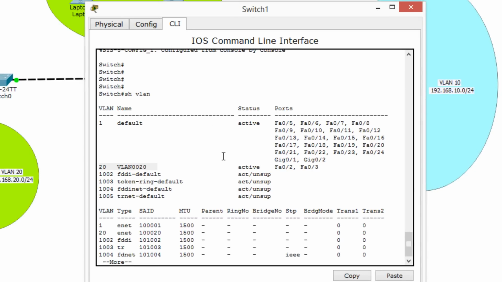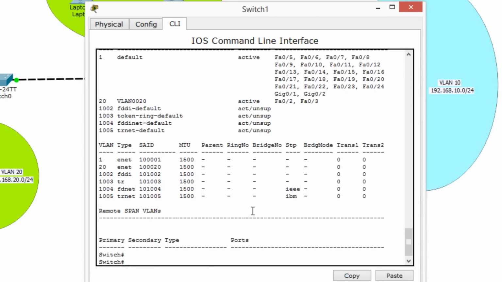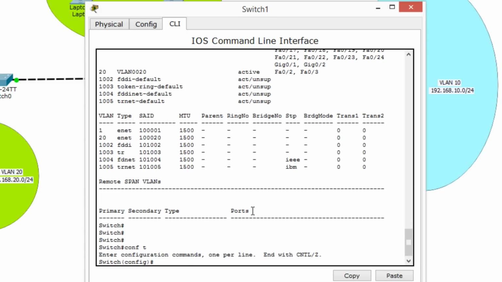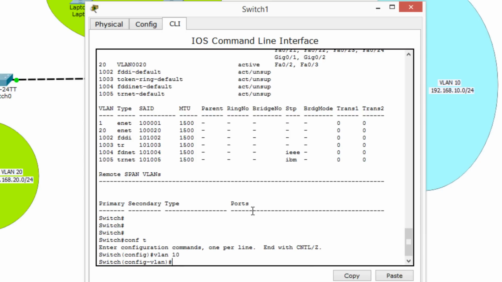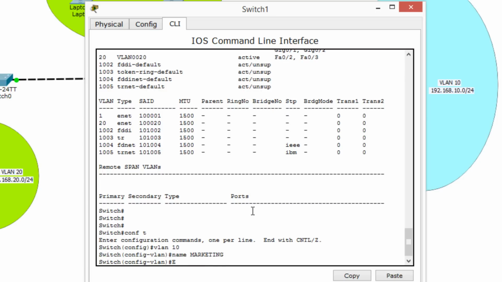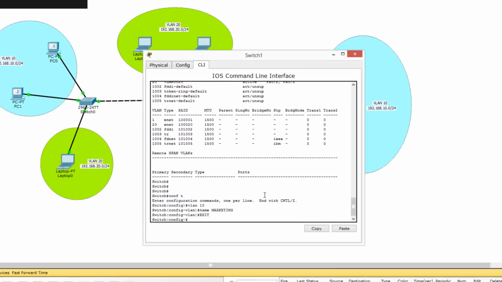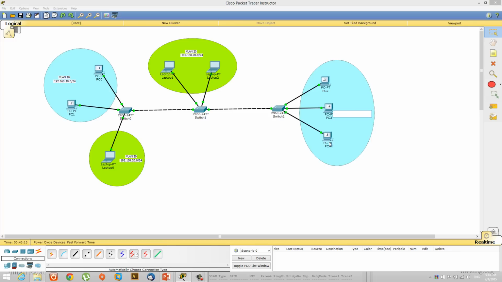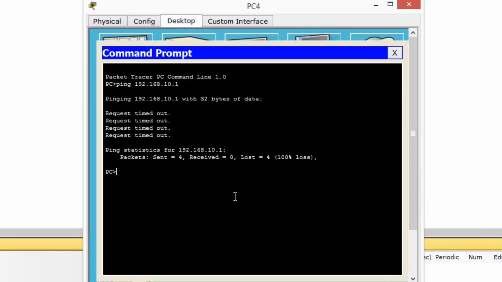What we need to do is we can come here to this switch, configure terminal. I create a VLAN 10. So all I have to do is say VLAN 10, name marketing, and exit. Now will this work? So I go here, I try the same command,